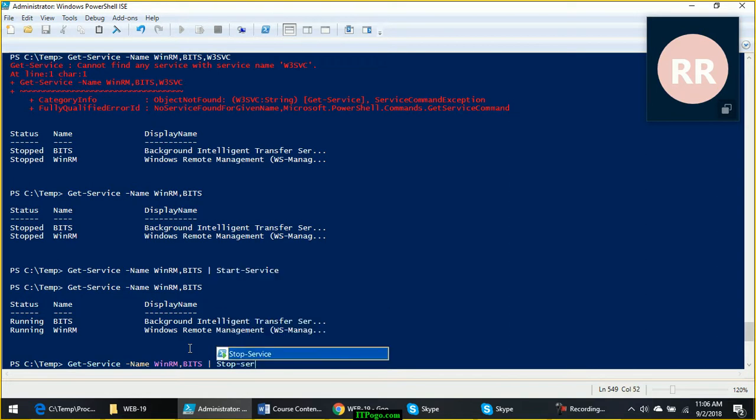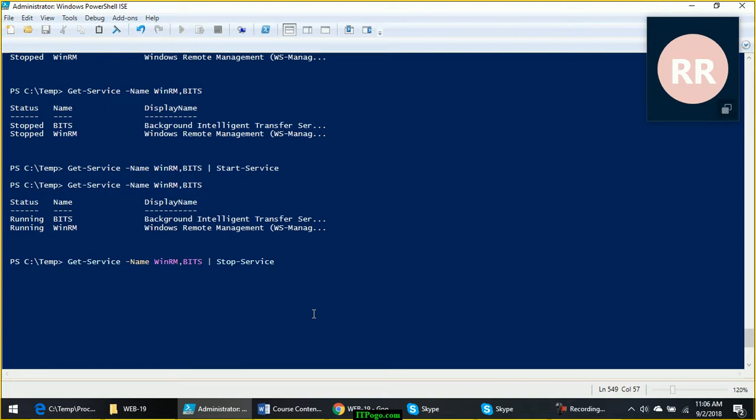Stop-Service. Suppose I am stopping the service, and after stopping it will be similar, no results will be shown on the screen, because this cmdlet Start-Service or Stop-Service is not like Get-Service, which will show you the status of the services.